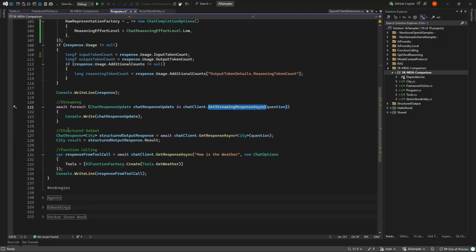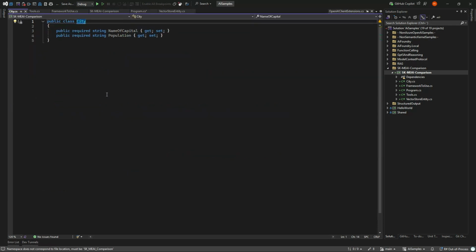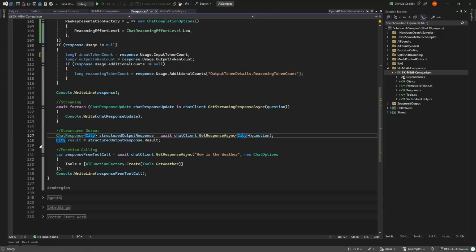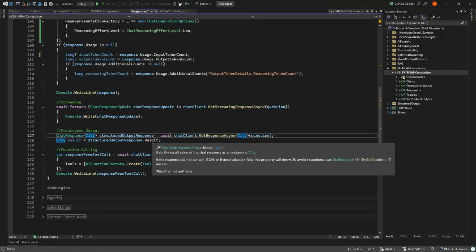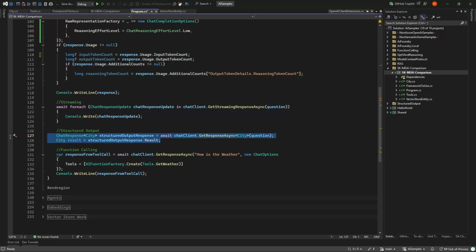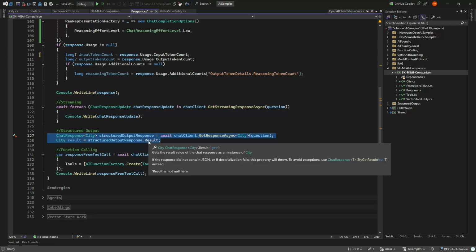And if you want to use structured output, you just say get a response with an object, in my case just a city and some population data, and then you can just get your result back. This is actually very nice in Microsoft Extensions AI. It's a little more clunky when it comes to Semantic Kernel, which we'll see.